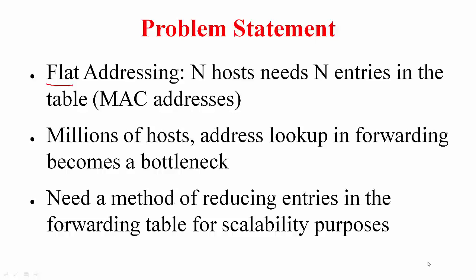So what this translates to is, for a router in the internet core, if there are n hosts, it needs n entries in the table. And if these hosts are in millions, you will need a million entries as part of the forwarding table. And as mentioned in the router design, the address lookup becomes a major bottleneck. So if you want ultra fast download support for online gaming, all this would not be feasible to support, because for this you need switching in the gigabits per second range, which won't be possible if the lookup becomes a bottleneck.